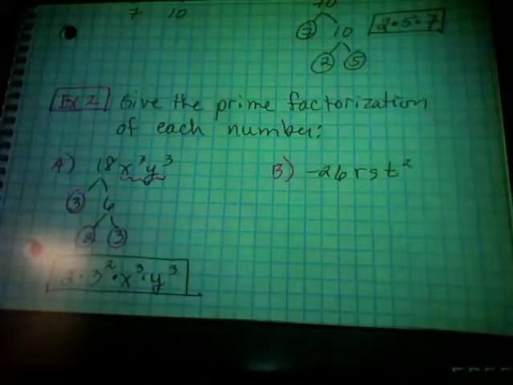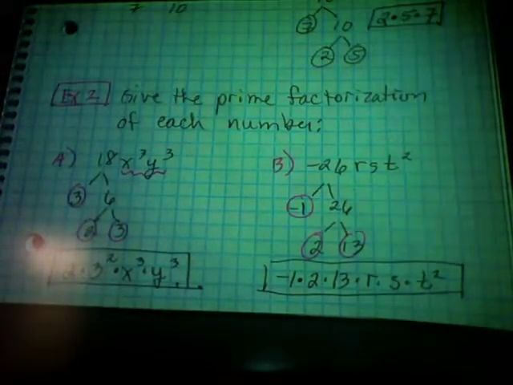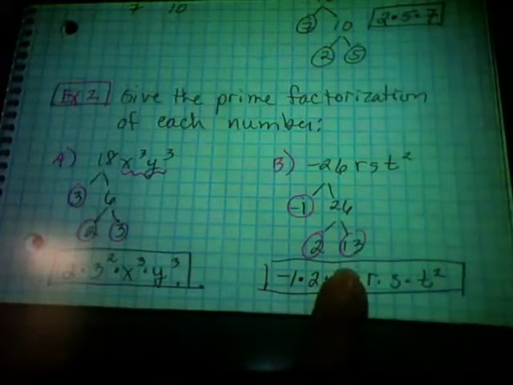So how does the negative affect your prime factoring? You pull out a negative 1. Where does it end up going? At the very beginning, right? So you should have realized that 2 went in there, and once you divided 2 in there, 13's prime, so